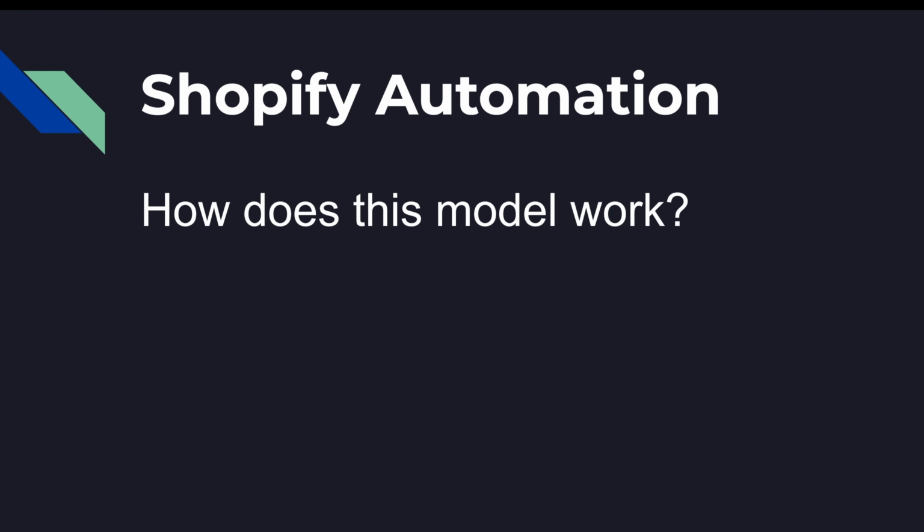So the first question is, how does this model work? We are using a U.S.-based dropshipping model. If you don't know what dropshipping is, we are pretty much the middleman. We get our product from either an Amazon or eBay supplier, then we increase the price of the product, collect the profit, and sell it to the customer. So it is fully dropshipping. That means we don't hold inventory, and we don't have to ship any products. We get the product from Amazon or eBay, have them ship it out, and we collect the profit.